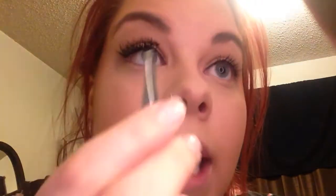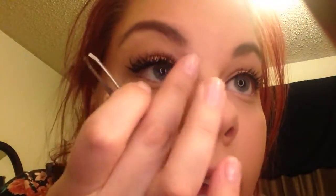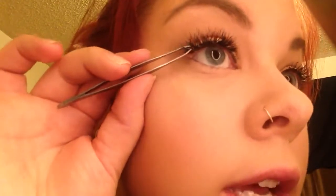Like so. Okay. Then I'm going to take my tweezers and I focus on grabbing the middle or the end and really push that down so it doesn't pop off. The ends are the ones that most likely pop off. Okay. Then I'm just going to grab the edge, just align it, making sure I've got it close to my